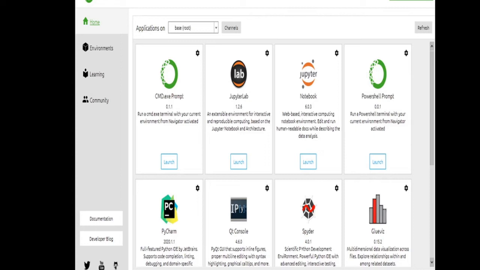Anaconda comes bundled with about 600 packages pre-installed, including NumPy, Matplotlib, and SymPy. The navigator can search for packages on Anaconda Cloud or in a local Anaconda repository. Anaconda is available for Windows, Mac OS, and Linux, as we have already seen, and can be installed on computers without specifying any administrator rights.